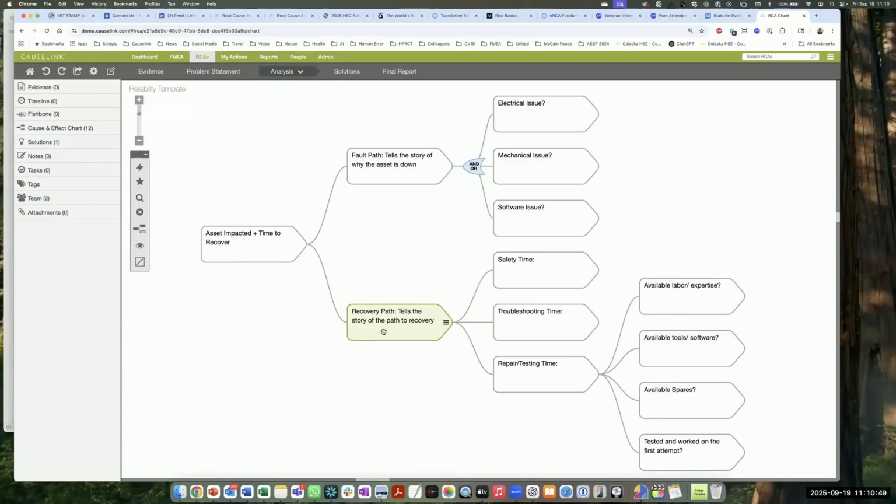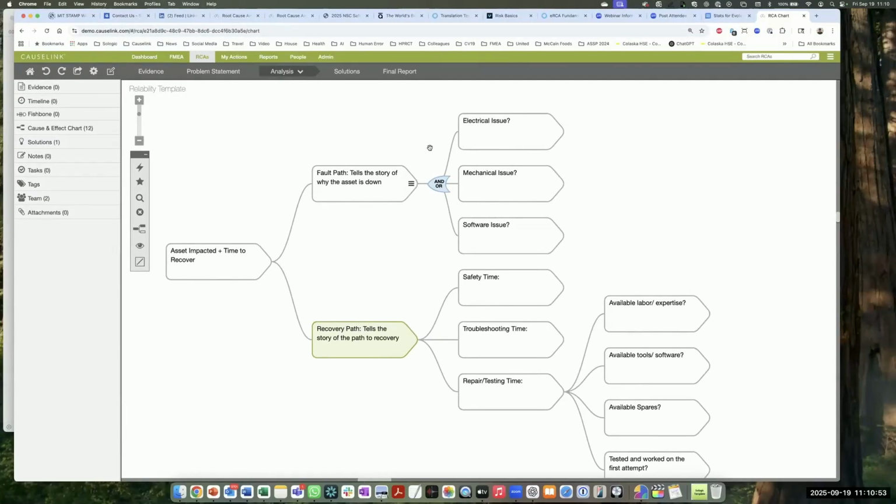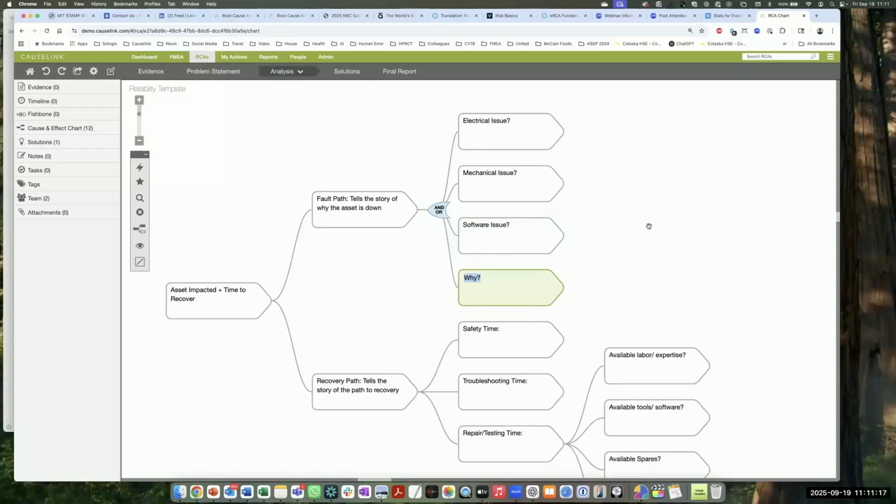Okay, so right now, though, this is just a pattern, but let's take it a little further and look at the different elements of the template. Fault path. Okay, so let's talk about the story of why the asset is down. Well, this is a way for us to break that down. Was it an electrical issue? Was it a mechanical issue? Was it a software issue? And actually, right in this very moment, I'm going to add another one,